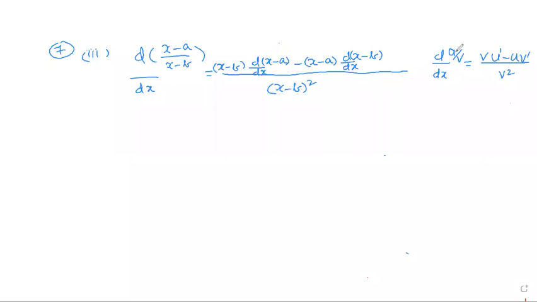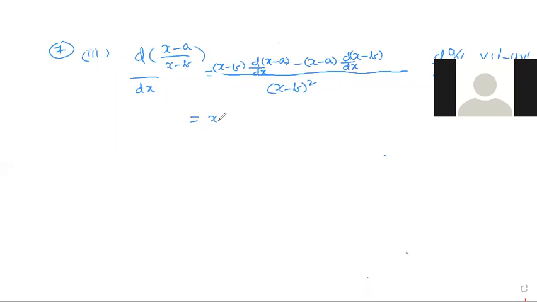See, the u by v formula is: denominator squared, then denominator as it is, u dash, minus u as it is, v dash. Here dash means derivative. So: denominator squared, first denominator as it is, derivative of u, minus u as it is, derivative of v. Okay? Now write down everything.